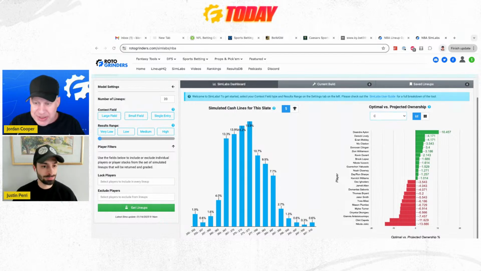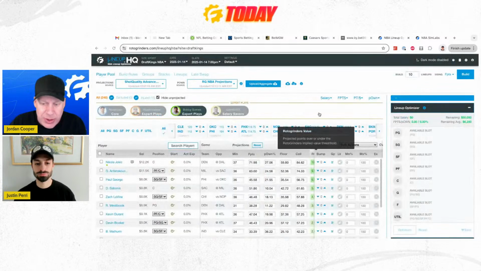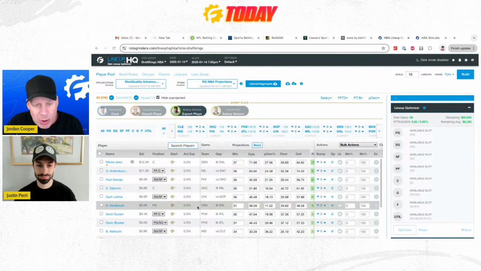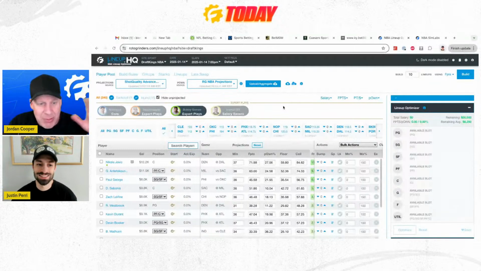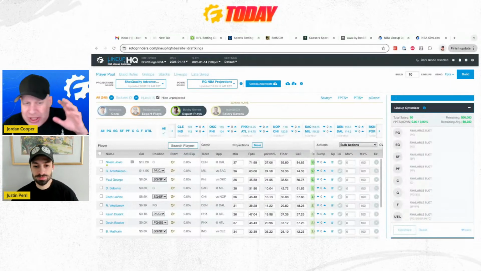Let's go over to SimLabs, and I'll share what SimLabs says, because remember, SimLabs is our DFS simulation model, where we take projections, make dummy lineups for the fields, and simulate the actual DFS contests. We see which lineups are higher EV, which are lower EV, and what the lineups look like. This is a good building tool. Like Lineup HQ, where you're doing stuff manually, this is kind of the dumber tool, where you say, I want to play this, and I don't want to play these groups. Then you mix in how much projection, how much leverage, how much action.